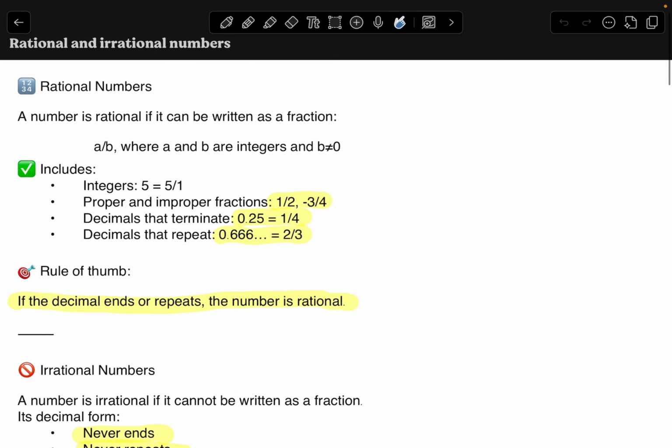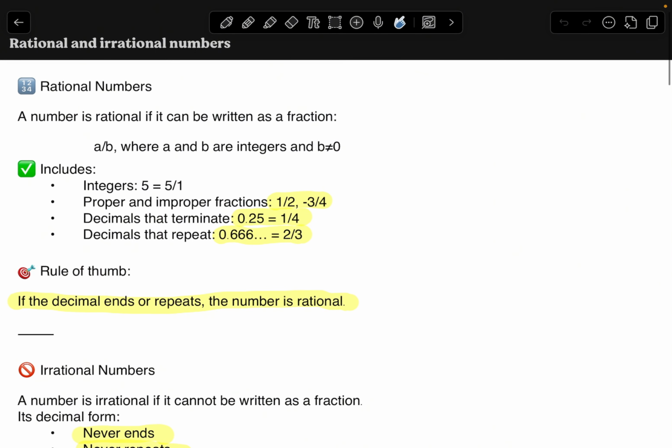What are the rational numbers? A number is rational if it can be written as a fraction, a divided by b, where a and b are integers and b is not 0. A can be 0. This includes integers like 5 divided by 1 or just 5, proper and improper fractions like